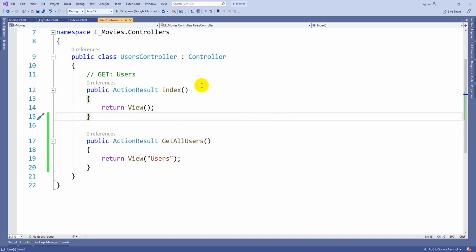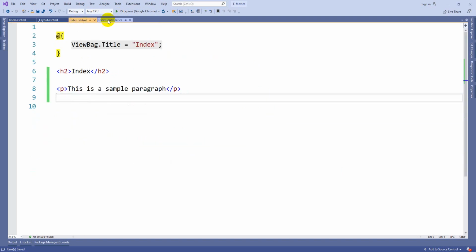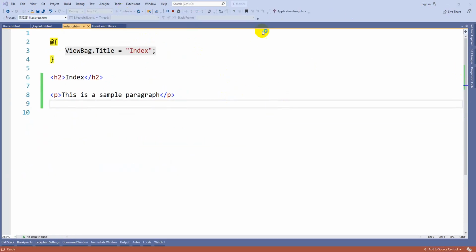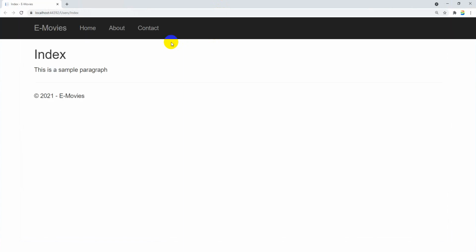Now you need to notice one more thing. I am getting an error whenever I am executing from the controller. If I execute from a view, there will be no error. My browser is going to show me the output also. You can see this. It is displaying the output, right?